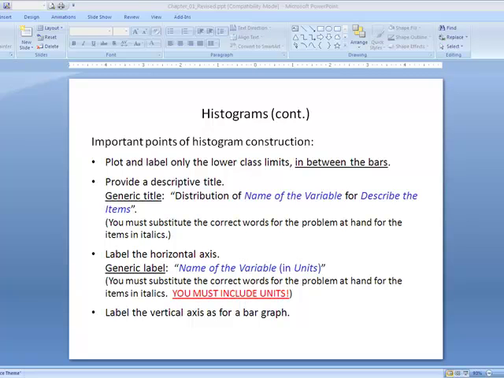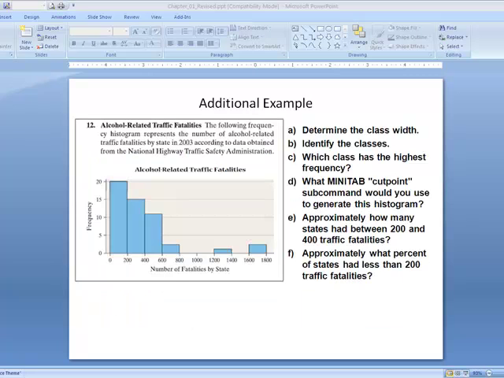Very important for somebody to read, because remember, they're going to look at this graph, and your goal is to make a graph where they don't have to ask you very many questions, if any questions at all. A really good graph is done so that very few questions are asked. So, looking at this particular example,